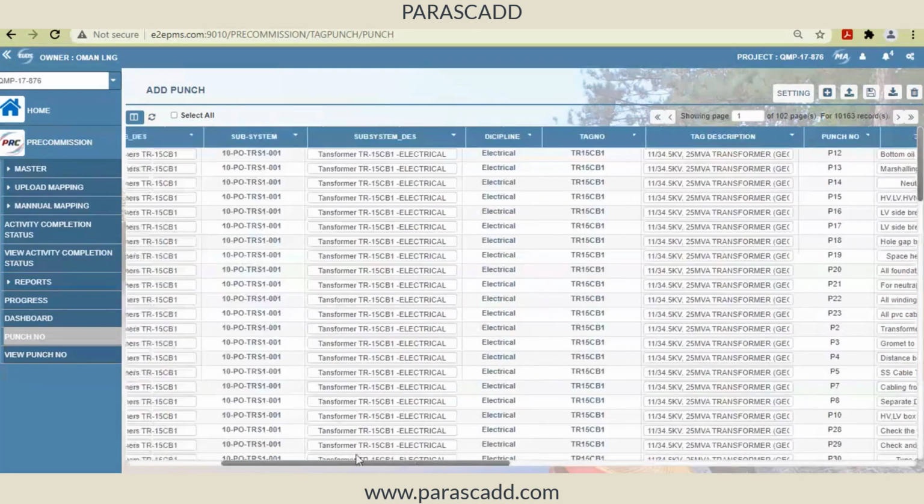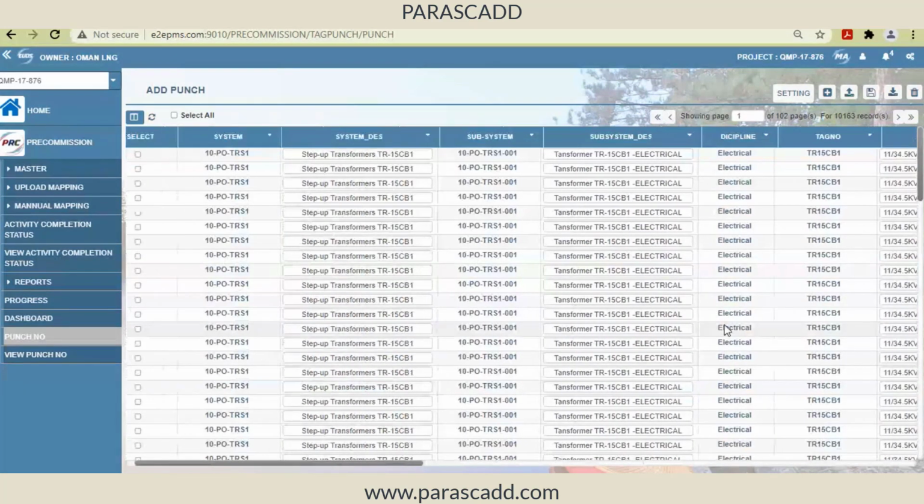Thank you. So in short, I'll be able to manage. Ideally, it is a multidiscipline, multi-user system with user login rights and control. Like you can see all these tabs, not necessary that all these tabs will be visible to all the users. I will give only this punch number access to a particular user. Once he is logging into the software, he will not see anything else. He will see only this punch point page where he can resolve the punch point or create the punch point. Like that also I can give access. Muthu, access controls are there. Yeah, so we understand there are access rights defined in the system.